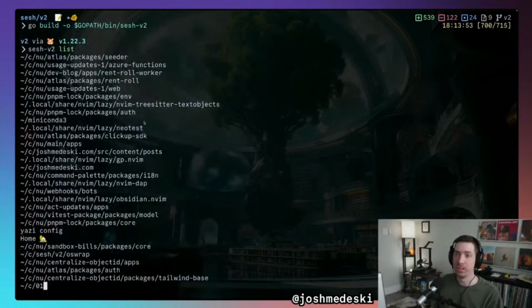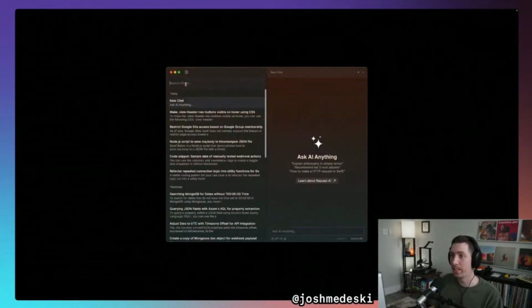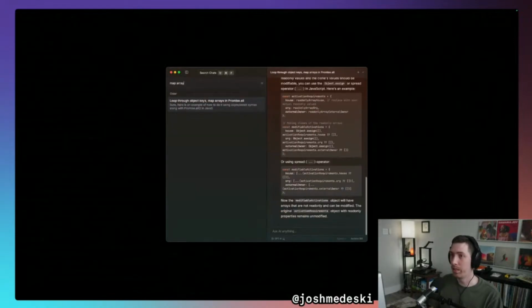And so, again, not a big deal. I could decide that there are two separate functions. One of them is, hey, get the thing and print it in an array. And the second way could be, hey, print the thing and convert it to a map. So that's one opportunity. And then the other, which I was looking at a while back in Raycast AI, map array